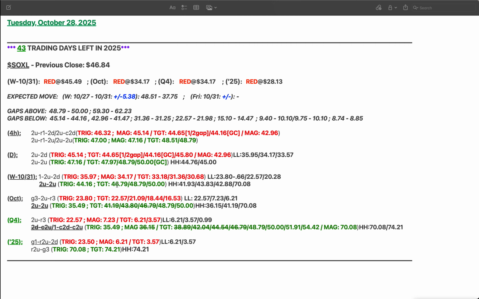First target is 46.79. Oops, I didn't cross that out, which we've already reached. And then second target is 48.79 and then 50. Now we reach,